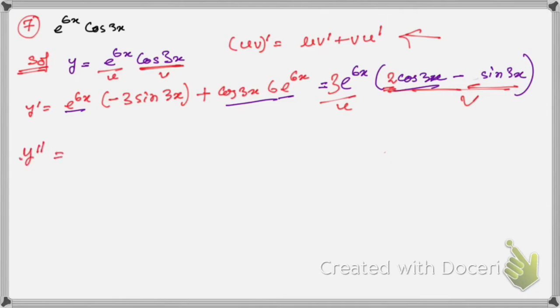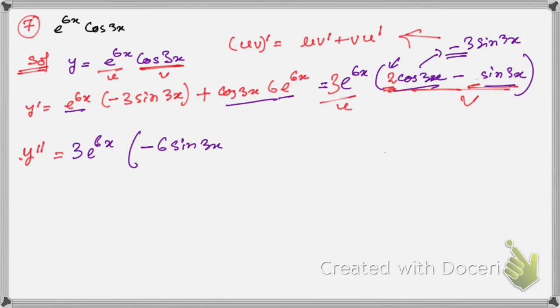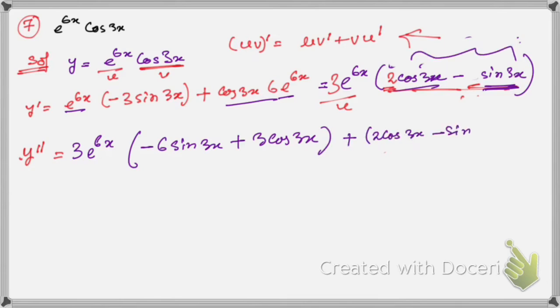Second order derivative. So first function is this, 3e to the power 6x. Then differentiate the second function. If you differentiate cos of thrice x, it will give you minus 3 sine thrice x, and 3 into 2 is 6. So we will get minus 6 sine thrice x. Then again minus sine thrice x. If you differentiate it, you will get minus 3. So it should be minus actually. Again second function is this. Let me make a correction here. I should write negative sign here.